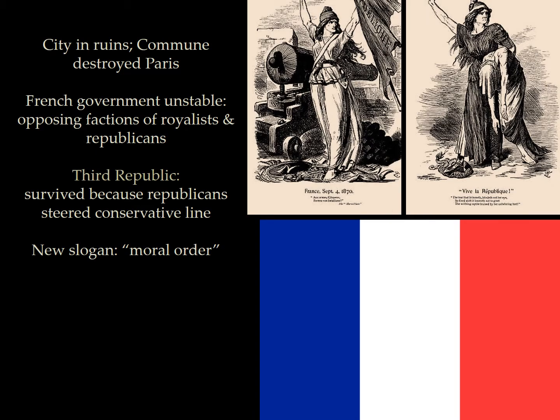Therefore, we have a city in ruins and the Commune destroying Paris in order to hold on to its autonomy. Therefore, with its overthrow, the French government is very unstable, with opposing factions on each side of the Royalists and the Republicans. So the Third Republic that is set up in the aftermath of the Commune survives because the Republicans, that being those that favor democracy, are going to steer a very conservative line with the new slogan of moral